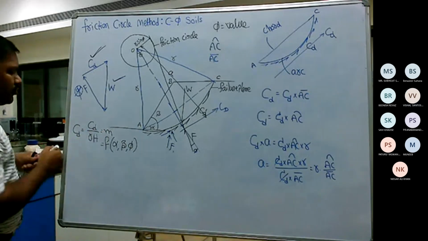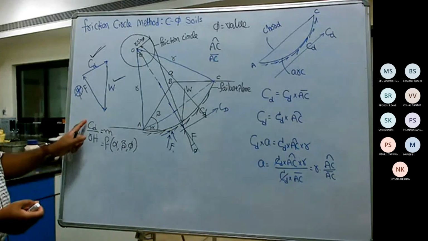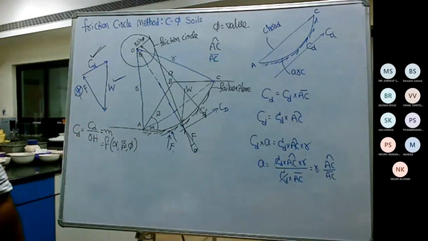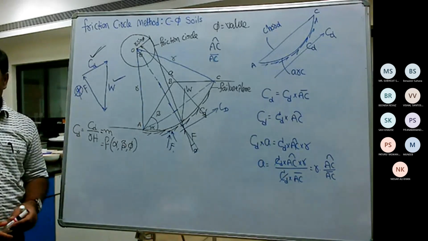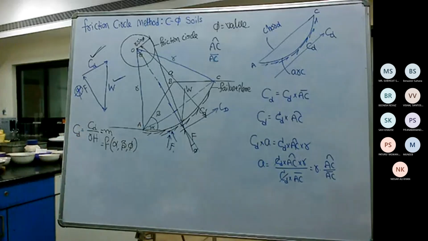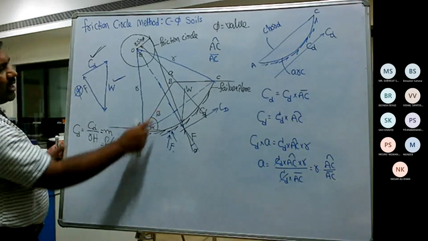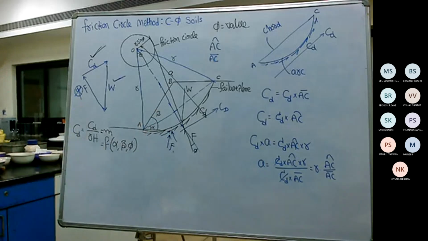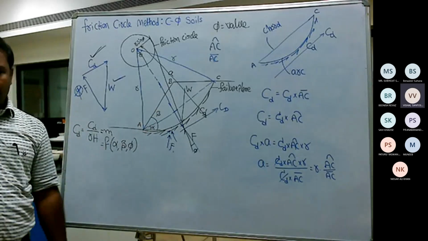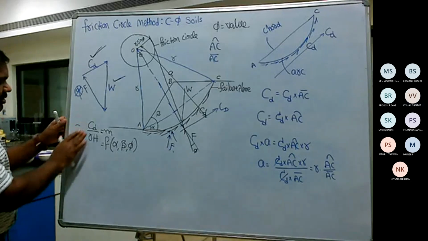But if you understand our previous derivation, this is where we arrive now for the stability number. As you said correctly, this is what we have derived from the previous class, CD by gamma H. But this is again a function of alpha, beta, internal friction and other parameters. Sir, it should not be equal to CD, na, sir. No, it's not equal.